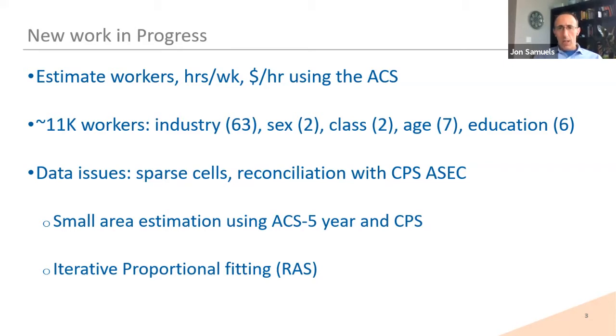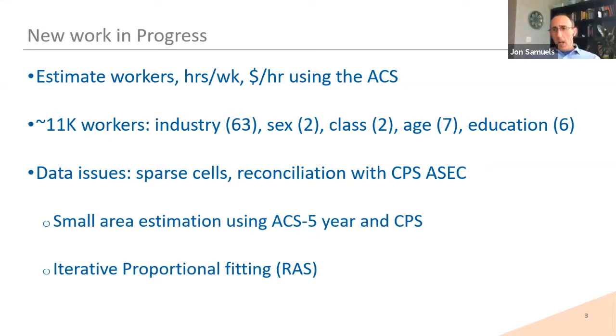I do want to note some data issues. Even with the amount of observations that we have in the American Community Survey, we do have sparse cells. We could imagine a worker with a PhD, for example, who's 21 years old and working in the warehousing industry. There are just not that many of these workers. So even the ACS has difficulty identifying the number of workers in this category along with their hours worked per